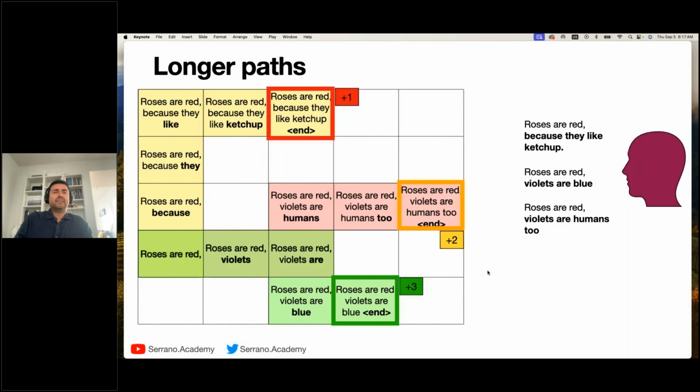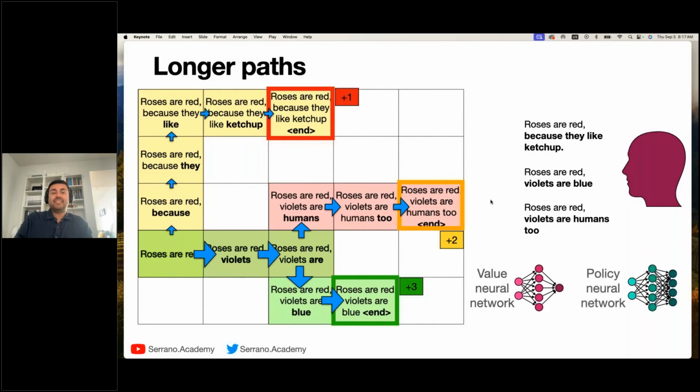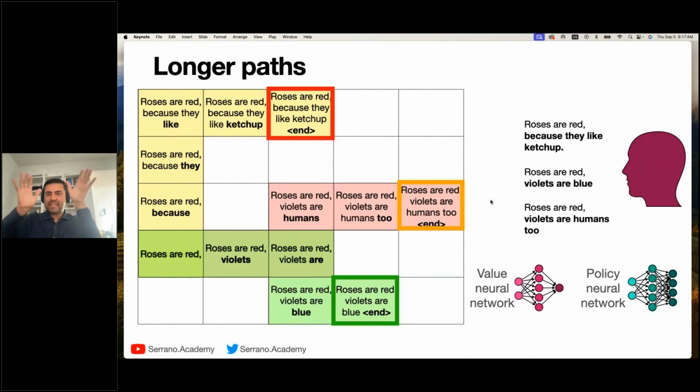So the point is to train the neural network to guess actions that are big for the good answer, medium for the medium answer, and small for the bad answer. So you train the value neural network to guess these values, and you train a policy neural network to guess the actions. That's the idea. If you remember one thing, just remember this: you're playing a game where the LLM has to play, and the way to win the game is to satisfy the human, to have the human give you as high scores as possible.